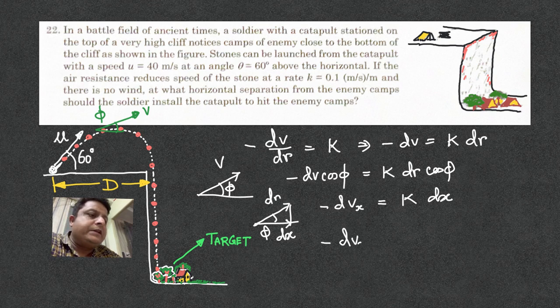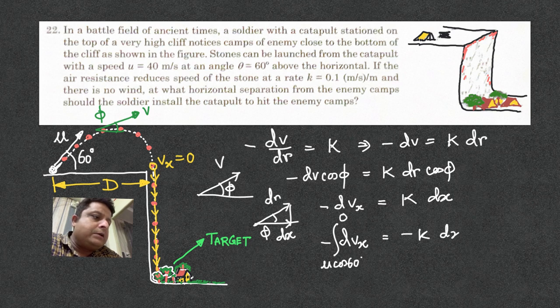So minus dvx integrate: at start you had u cos 60, and see that is the thing, while it goes through this distance d, the velocity x component becomes 0. So at this point vx is equal to 0. From then on the stone moves vertically downwards. So therefore the limits of integration will be u cos 60 to 0, and this is minus